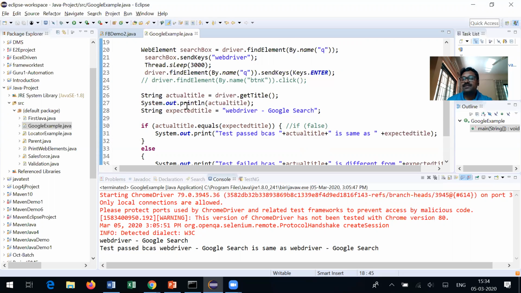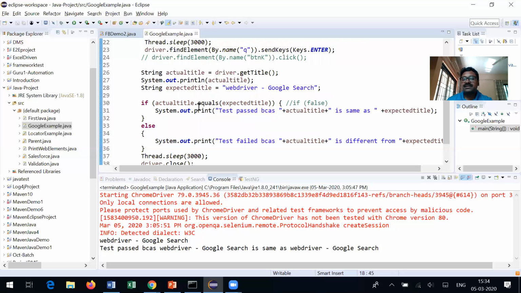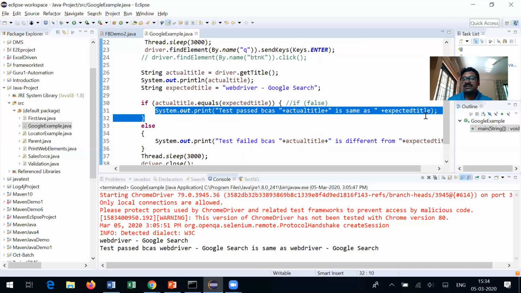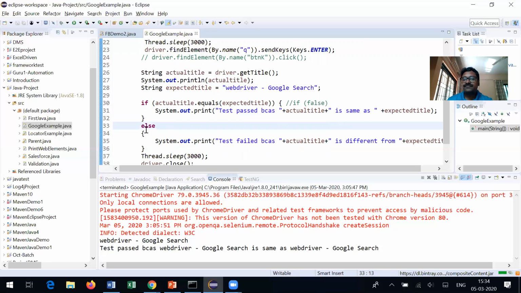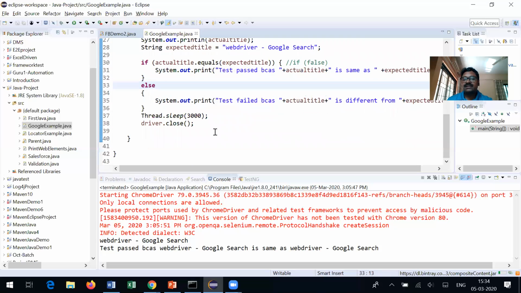So I'm giving an if condition here, actualTitle.equals(expectedTitle). If this is true, then you perform this action, you print this on the console output. If this is not true, then you say the actual versus the expected is different, and then I'm closing the browser window. That is what I am typically doing.